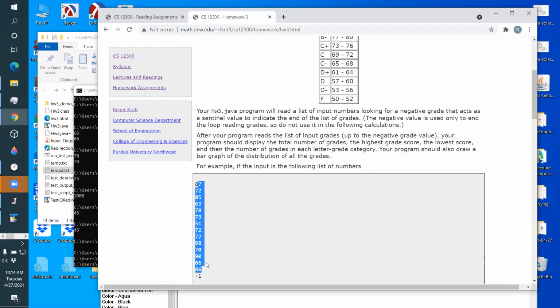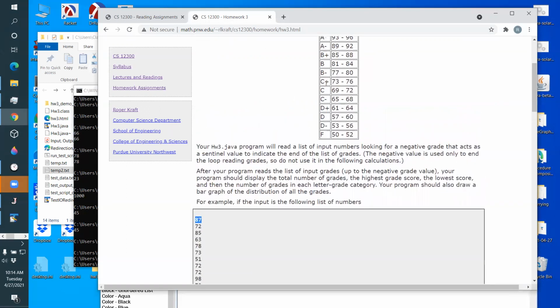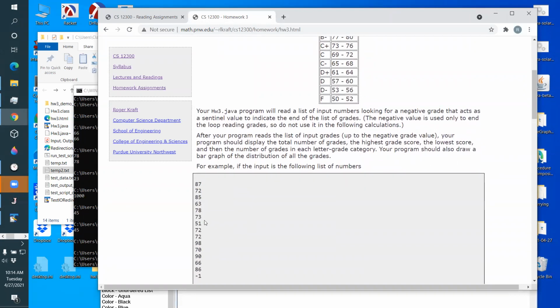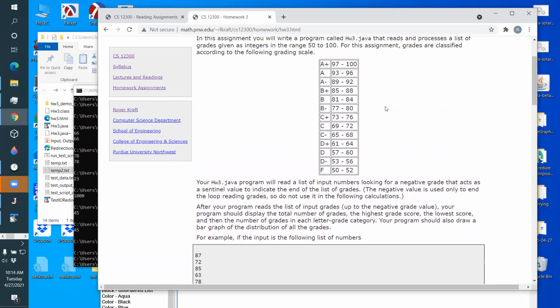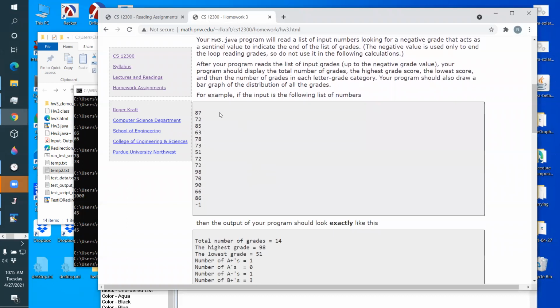So you don't need to save these. That's not a good strategy in this case because once you've read a number and classified it, you never need to go back to it. So you don't even need an array for this. You could just have 13 variables, with names like A plus, A, A minus, B plus, B minus, or you could have an array of size 13. But don't put the data in an array. First of all, you don't know how big the array should be, because remember, we could run this program